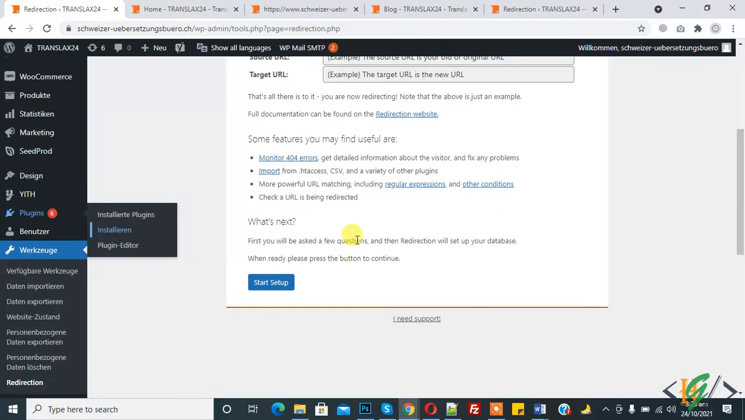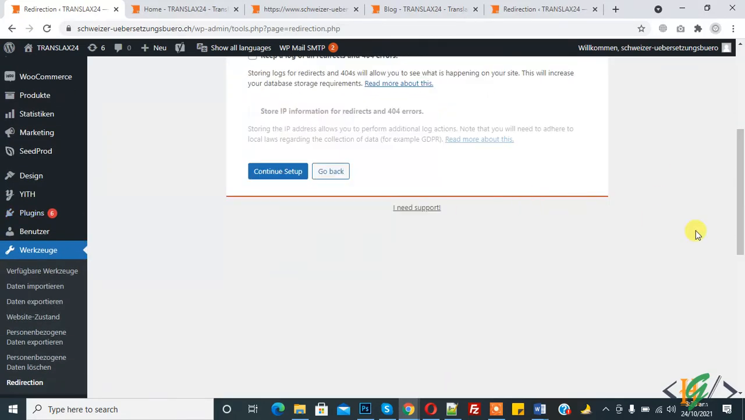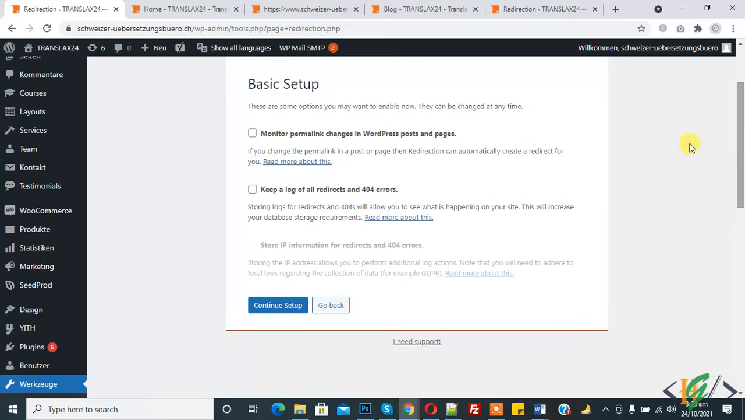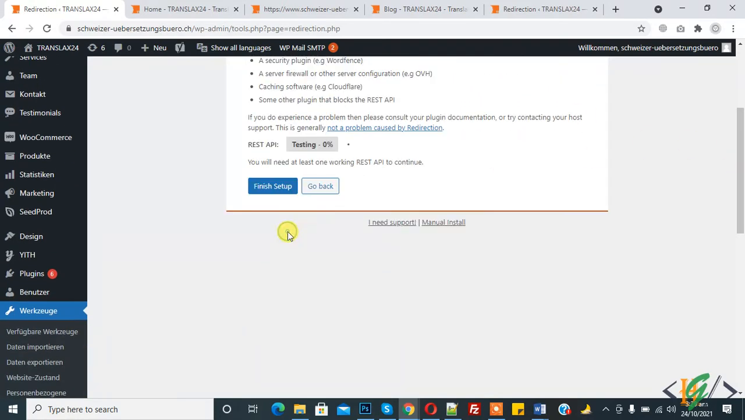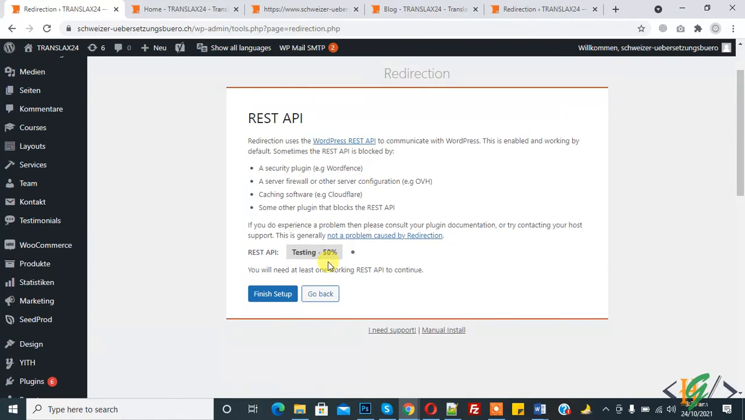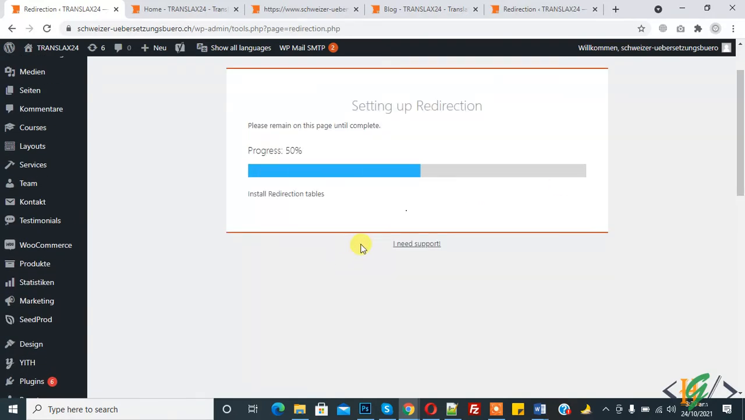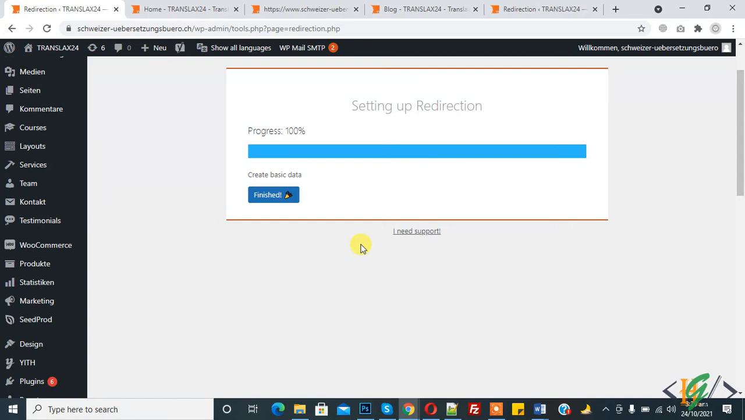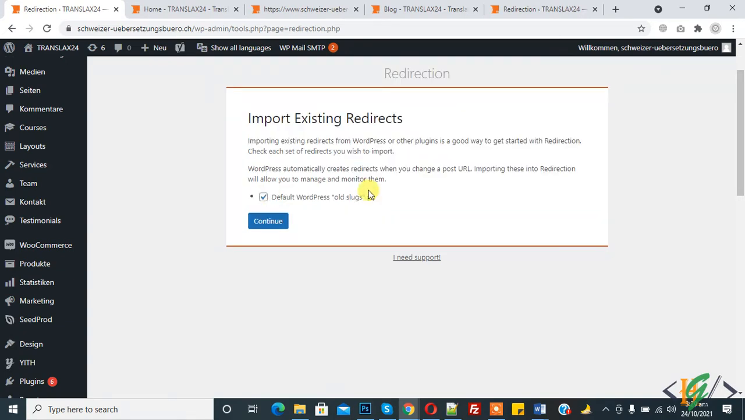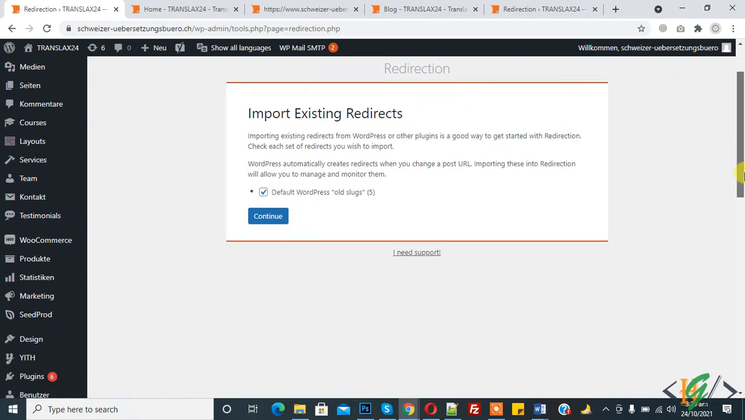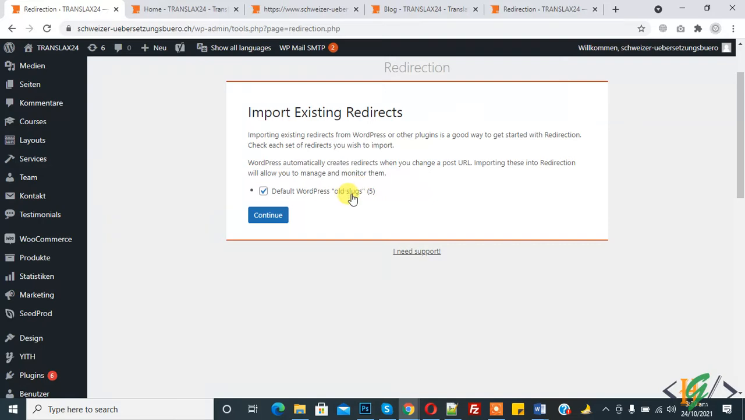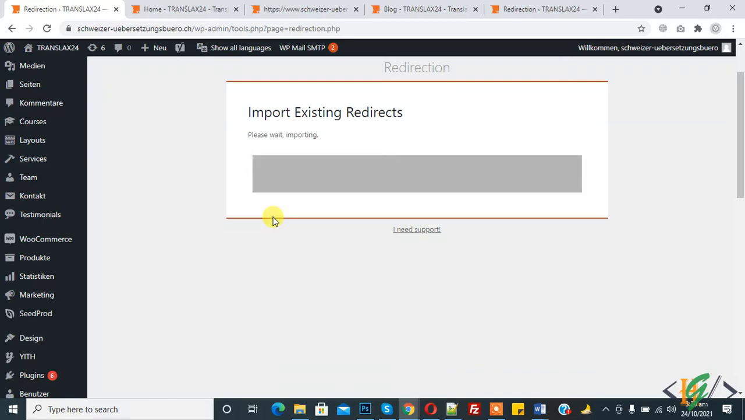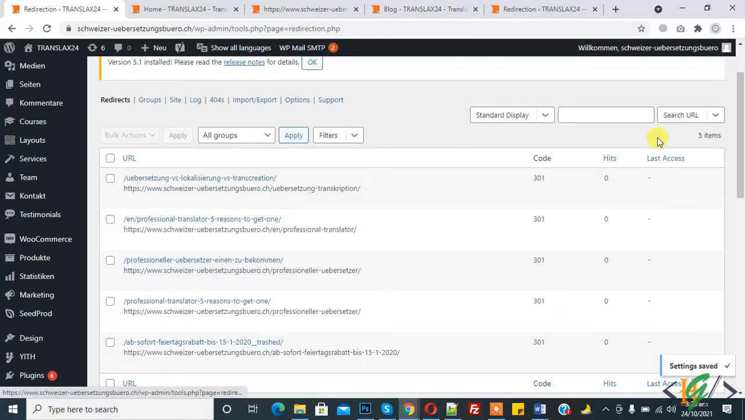So click on start setup and then here you see settings, you can change according to your requirement, and click on continue setup and finish setup. Click on finish. I used this plugin before, that's why it shows default WordPress old slugs. So click on continue and here you see,